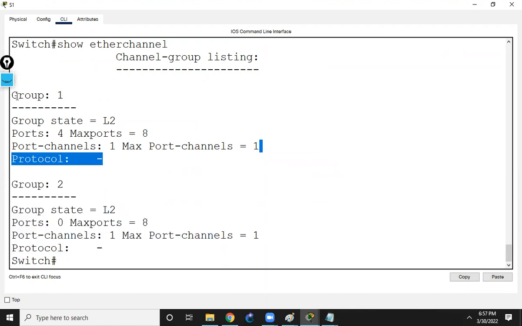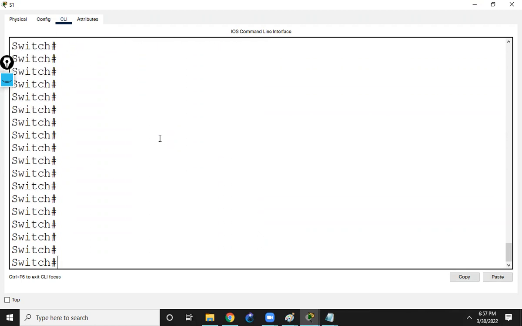Okay, now you can see the port channel 1, it is in L2. Okay, that means it's part of the switch interface. Now 4 ports are connected, F0/1, 2, 3 and 4. Maximum 8 ports are supported. Okay, and for port channel 1 the protocol is nil. We haven't created any protocol, we have manually created. Okay, and again one more show command, show